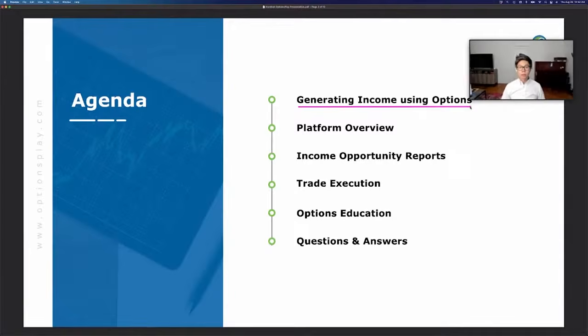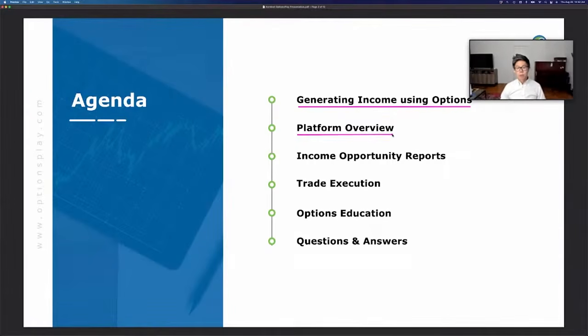And we're not going to get into advanced strategies. We're only going to talk about strategies that any of you who currently own a stock or an ETF in your portfolio can potentially leverage, doing something that you're already currently doing, but may not have thought of using options as the way to go about trading them.